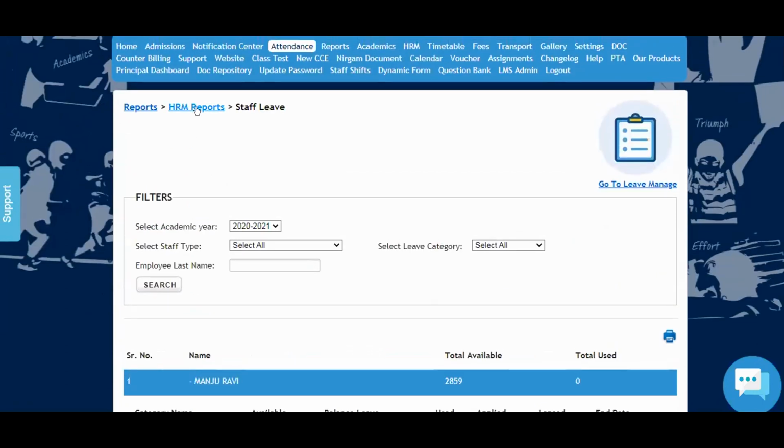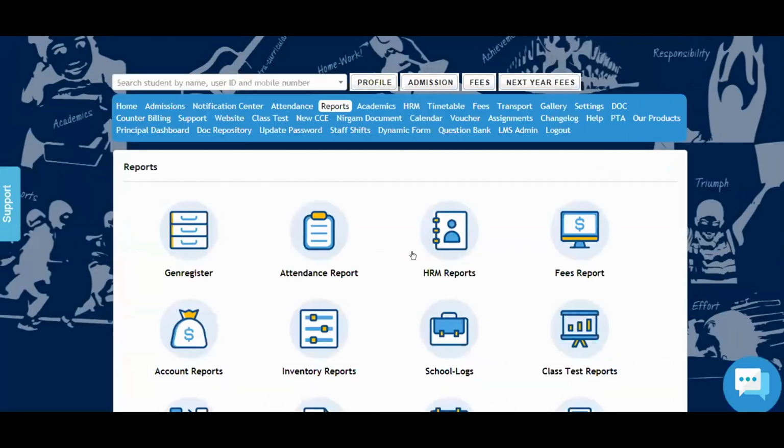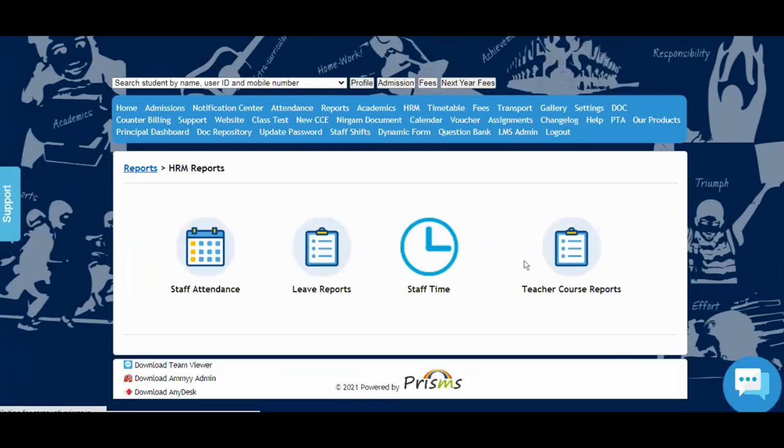So in HRM reports, or even if you go directly to reports, go to HRM reports, then leave reports.